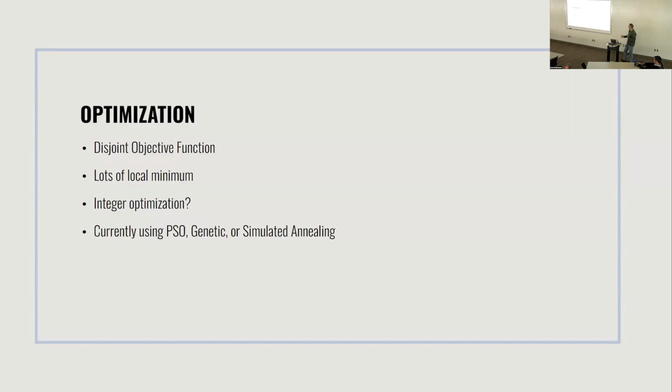And so this is kind of where I wanted to kick the can to y'all. Part of me thinks that this is an integer optimization kind of thing because I'm really only interested in moving by whole pixel values. But there's also that degree of rotation as well, right? So if I move in the X by half a pixel and then rotate by 10 degrees, now I can sample different pixels, right? So I'm not sure if it's integer optimization or if it's just something close to it. And so currently I've been using particle swarm, genetic algorithm, and simulated annealing, more stochastic optimization methods, and they work okay. They're just pretty computationally intensive. And so if there's any better way to do this, I would love to hear y'all's suggestions.